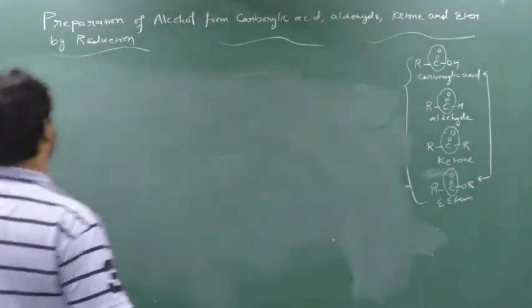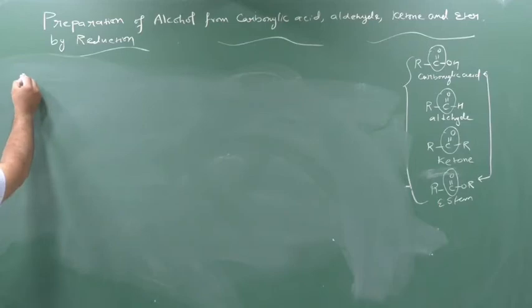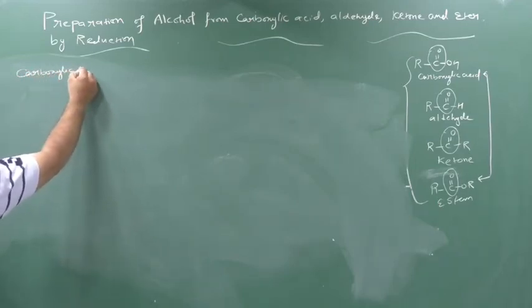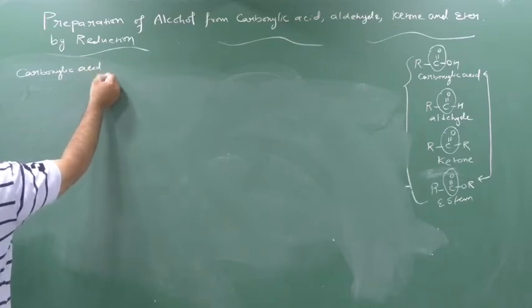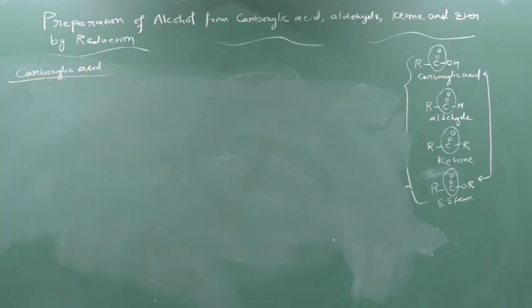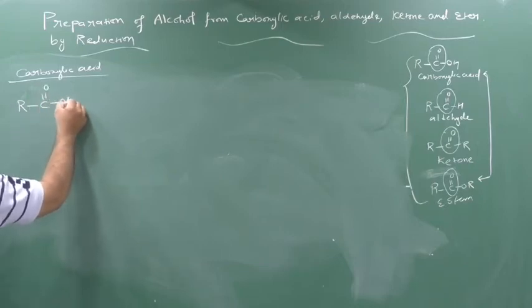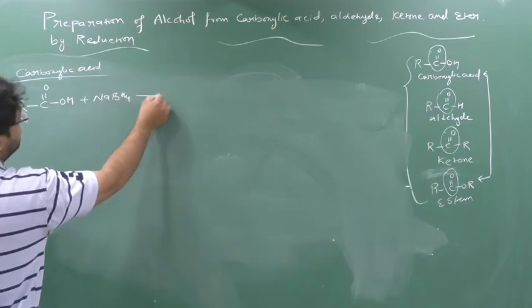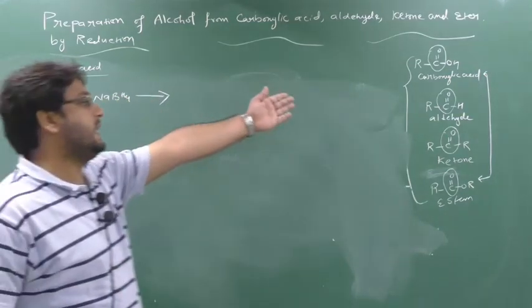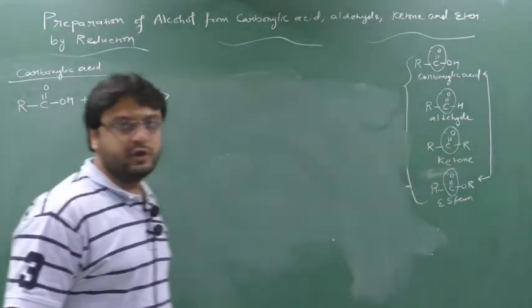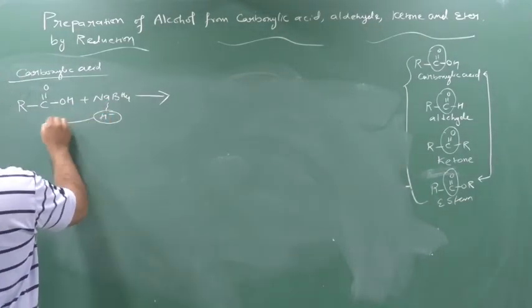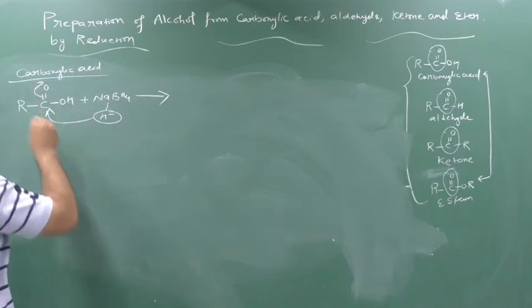How? See the carboxylic acid now. Next we will see the carboxylic acid. See, if you do only a single attack, you will not get the answer. Why? We will see this. Suppose I have this carboxylic acid, and if I do it with a single attack as we have done previously for aldehyde and ketone, if you do the same way, we will not get the answer. See, this is H minus, you will attack here on carbon, this will go this way. So what will I get?